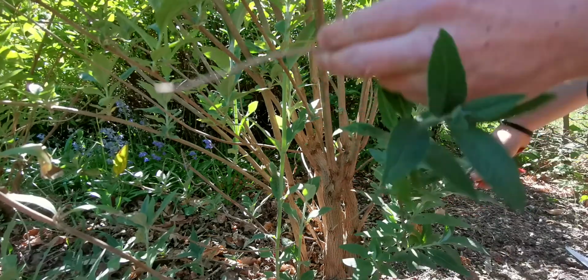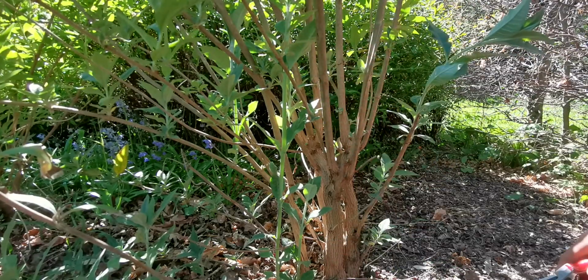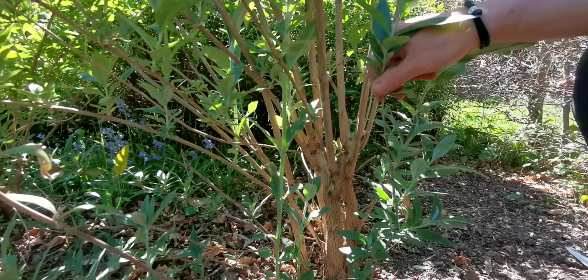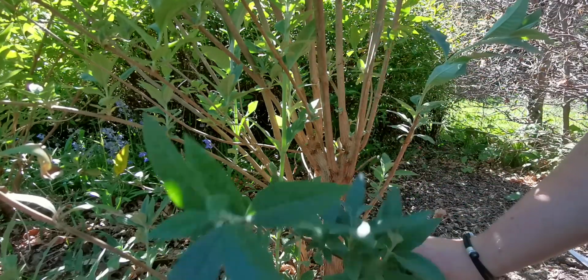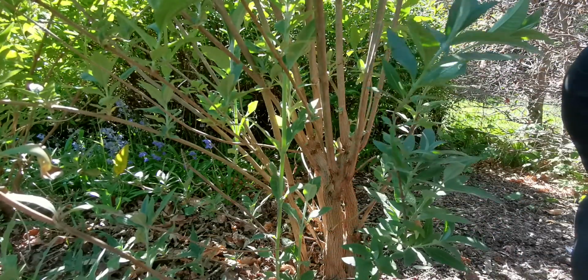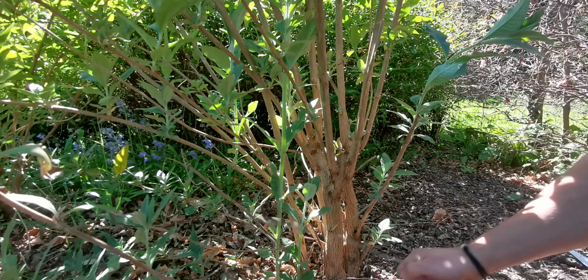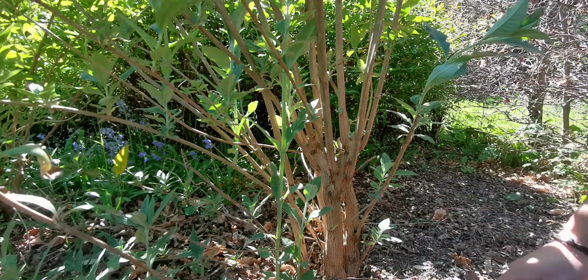So there's a few dead bits to be taken out. Now with this one, although it is a very nice branch, you've got to think long term, that's just going to come further and further over and join in this side with the other Buddleia, so we don't want that. There is a nice shoot, however, down there. So we're going to cut this right back down to there,